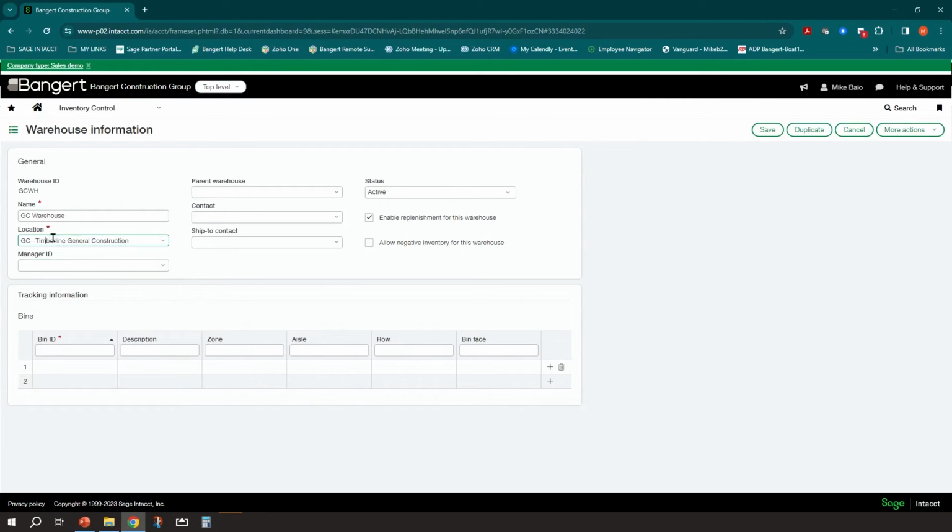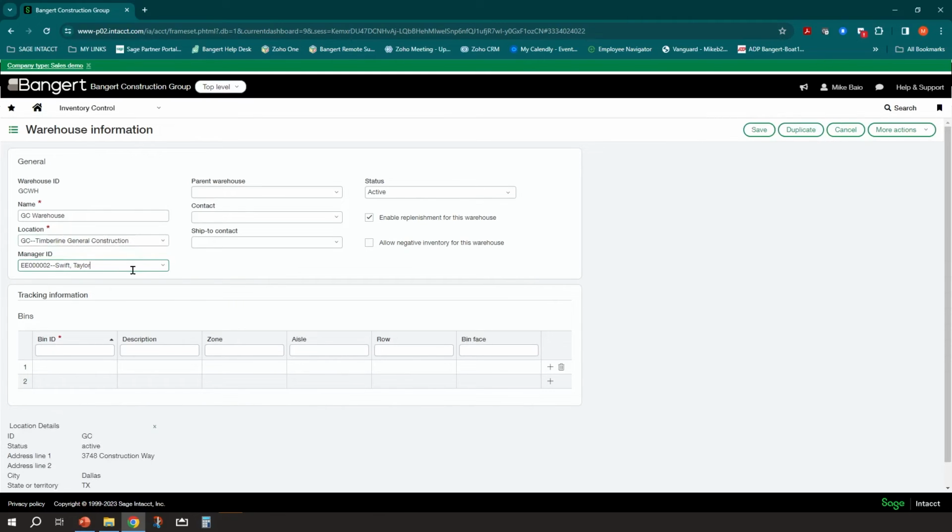In this case, we just have one set up for GC, and you need to link it to that location. That is required. You will be able to turn on some approvals within inventory. And one of the options for approvals is to approve it by warehouse manager.